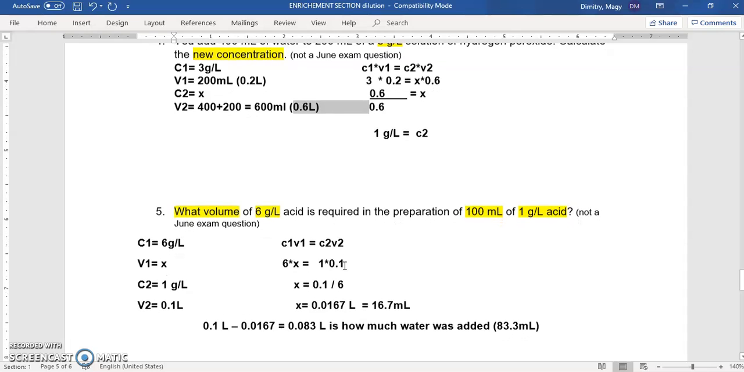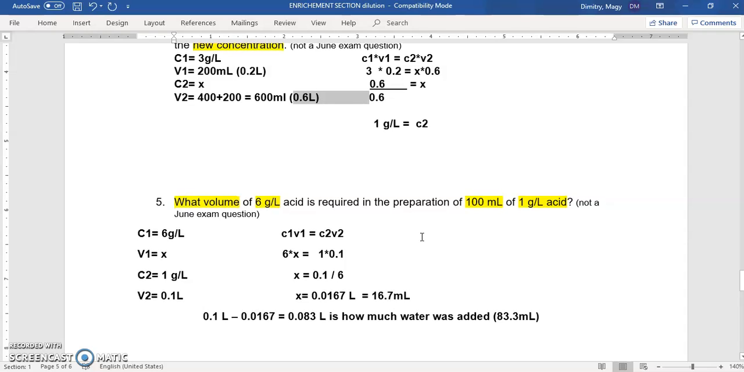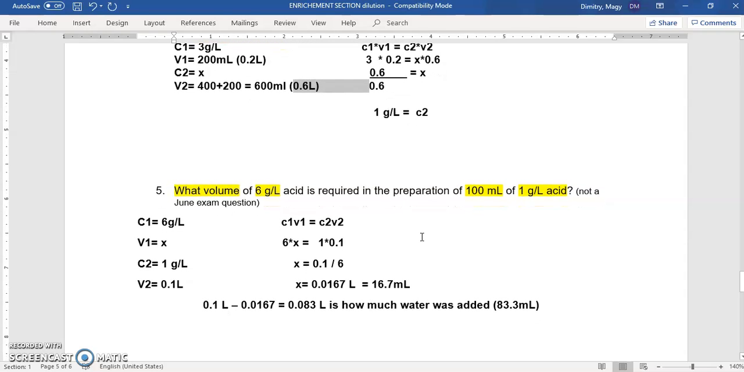We're asking number 5, what volume of 6 gram per liter acid is required in the preparation of 100 milliliters of 1 gram per liter acid. So it's asking, again, what volume, so it has to be a V1 or V2, is required in the preparation of 100 milliliters, 1 gram per liter. So notice we're preparing it. We want this as our end result. We want the 100 ml as our end result and the 1 gram per liter as our end result,